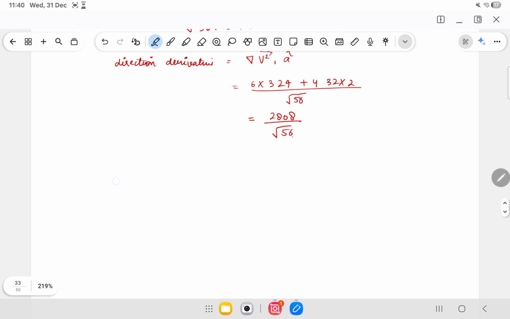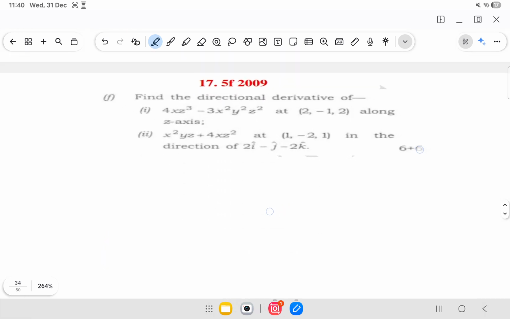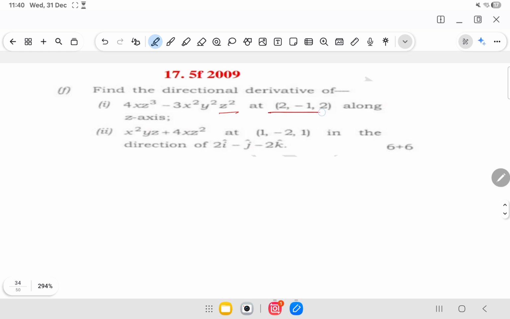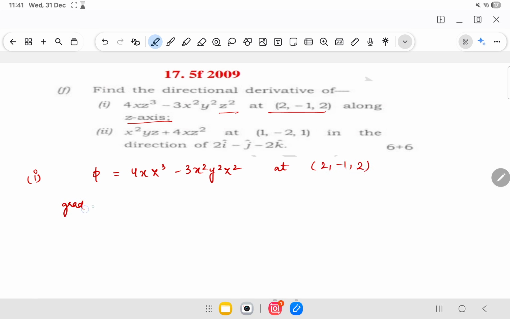So let's see what our next question is. The next question is, find the directional derivative of this at this point along the z-axis. Let's solve the first question. So let's name the given scalar as f, or let's name it as phi. So phi is given to us as 4x z cube minus 3x square y square z square at 2, minus 1, 2. So grad phi will be equal to